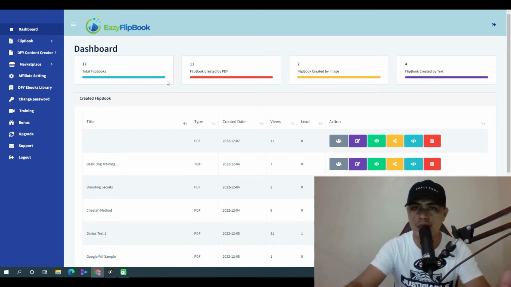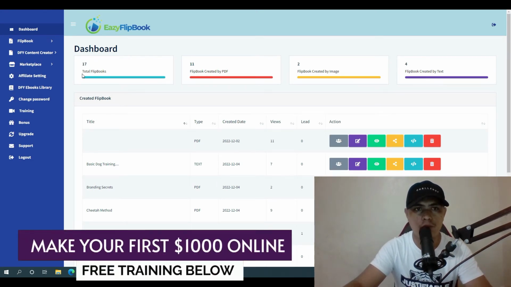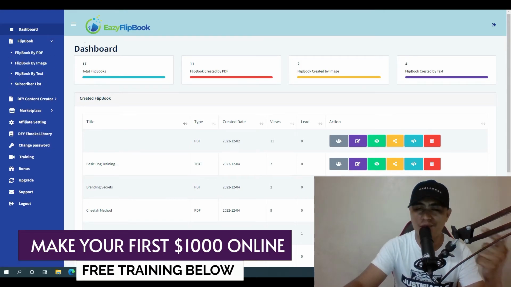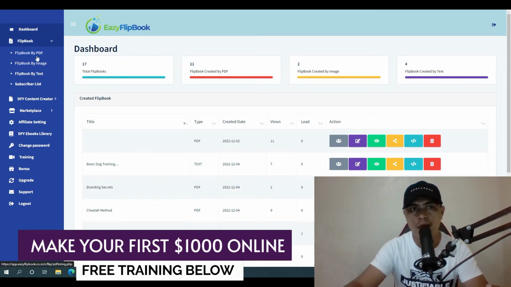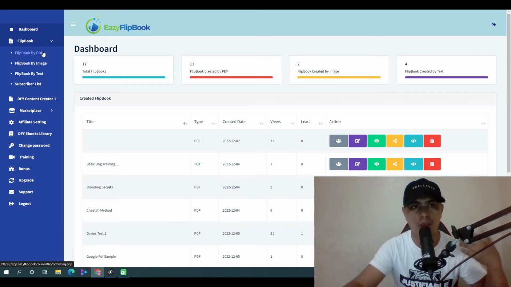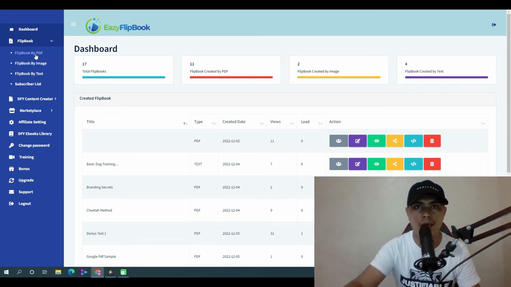Once you log into your app, you can see the total flipbooks that you've created, the flipbooks created by PDF, by images, and by text right here. Now if you wanted to create a flipbook, all you have to do is click on this flipbook right here and then choose which type of flipbook you want to create. So let's say you have an ebook and you want to convert that ebook into a flipbook. All you have to do is click on this flipbook by PDF,